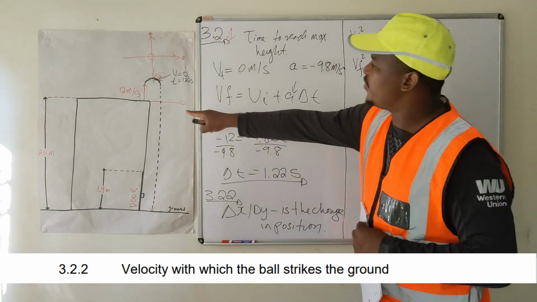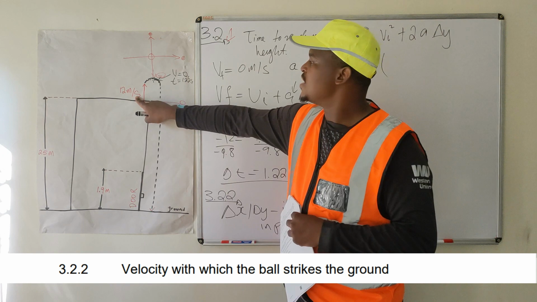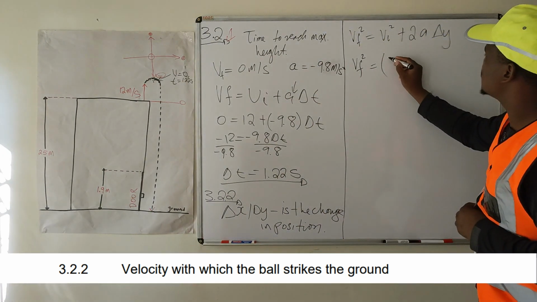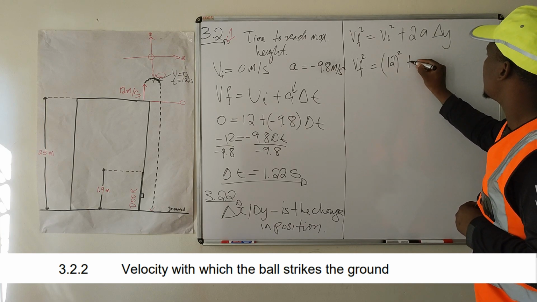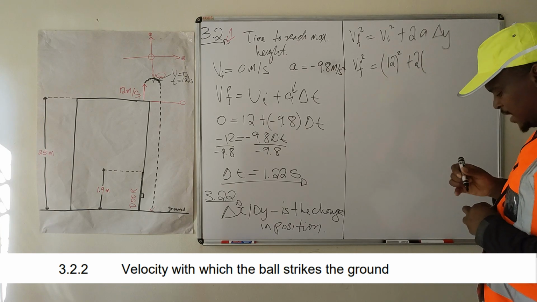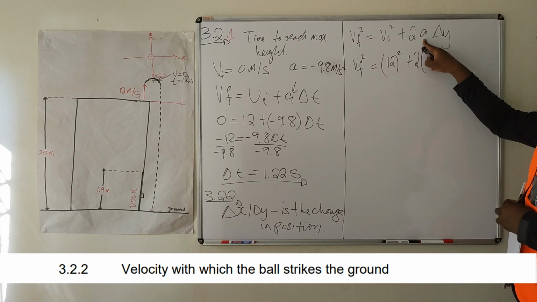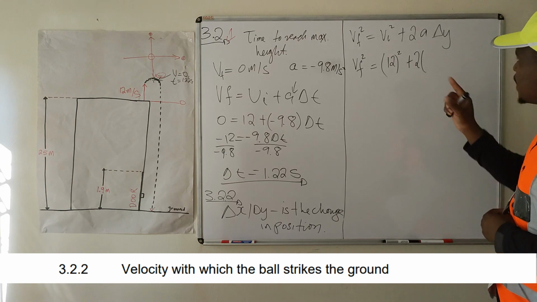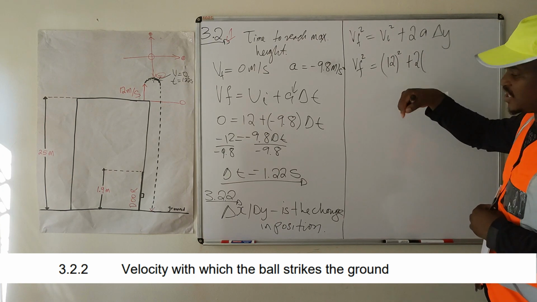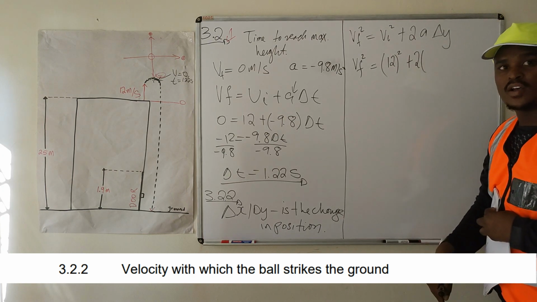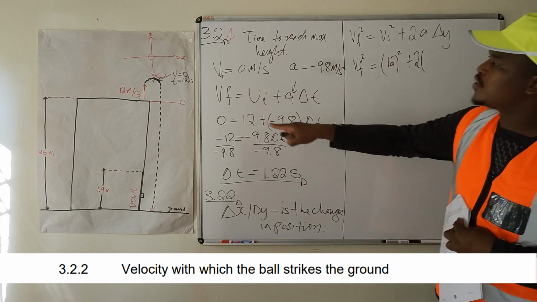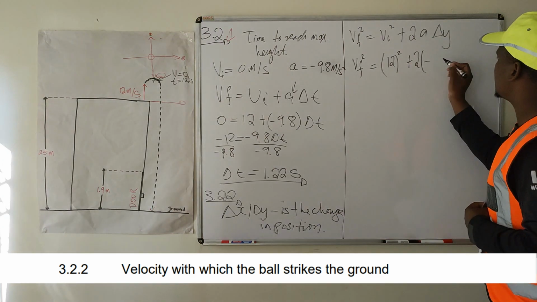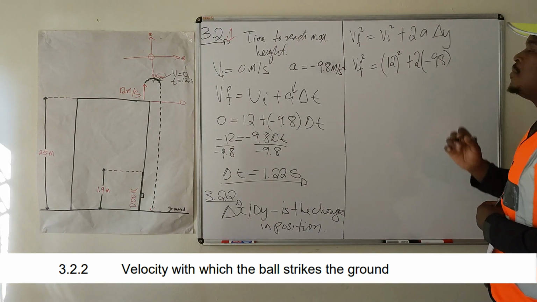What was it? It was 12 meters per second. Is it negative or positive? It's going up, so it is positive according to our coordinate system. So this is 12 squared plus 2a. What is a? A is our gravitational acceleration of 9.8 meters per second squared. Is it negative or positive? Gravitational acceleration is always downwards towards the center of the earth, so according to our coordinate system it is negative. So we have negative 9.8 meters per second squared